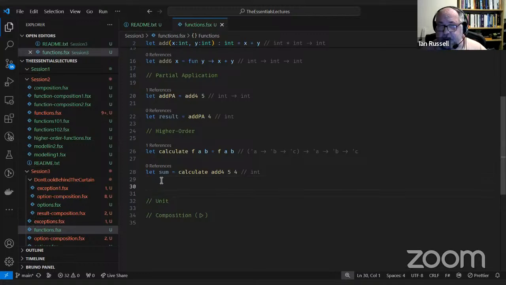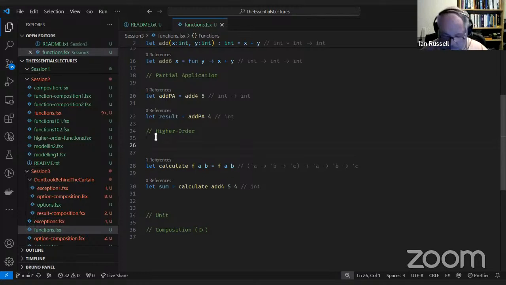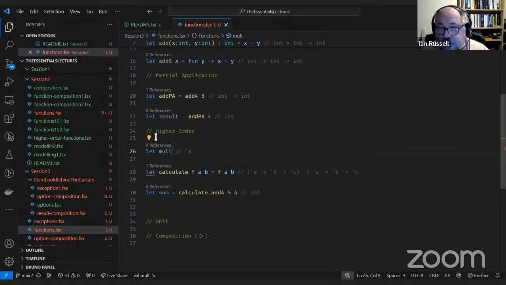What I can also do is create another function called multiply, and this is going to take two parameters as well.